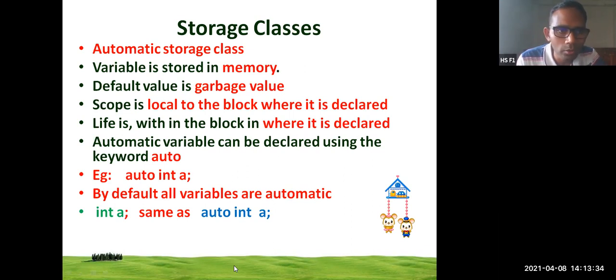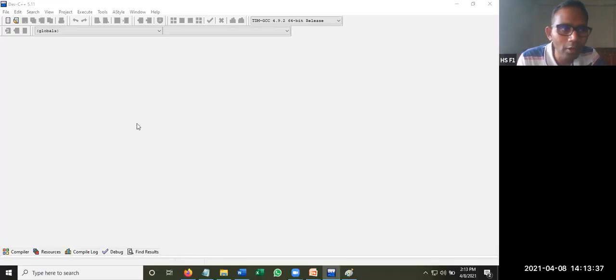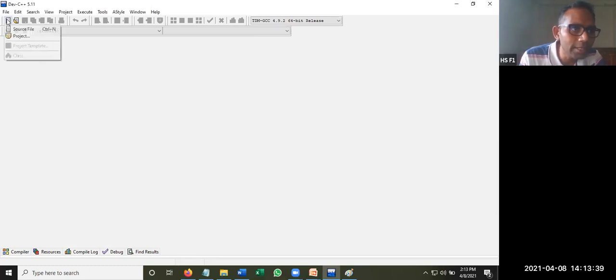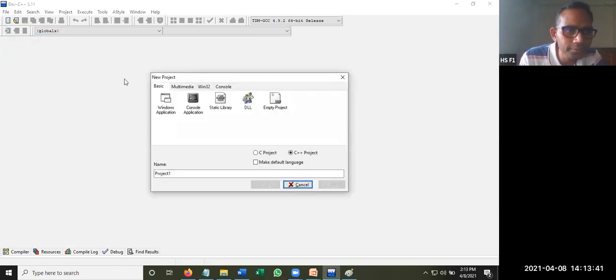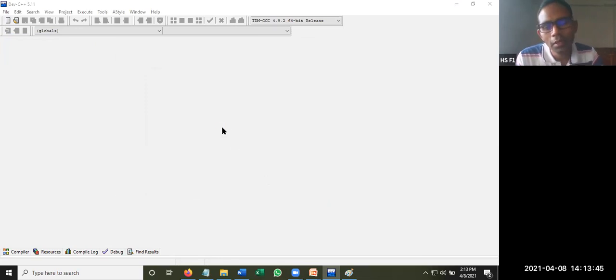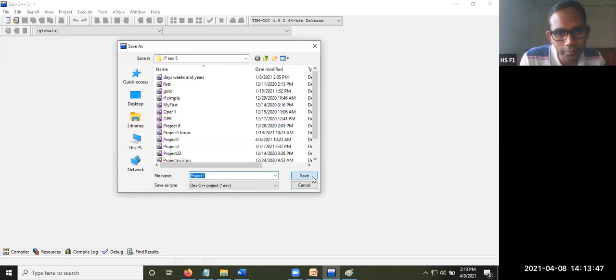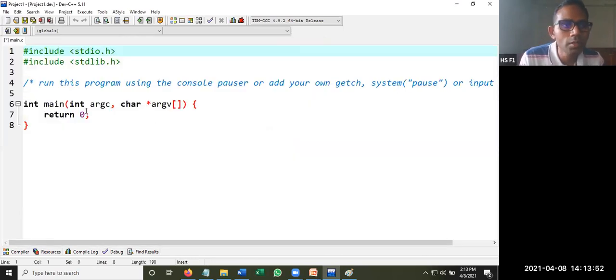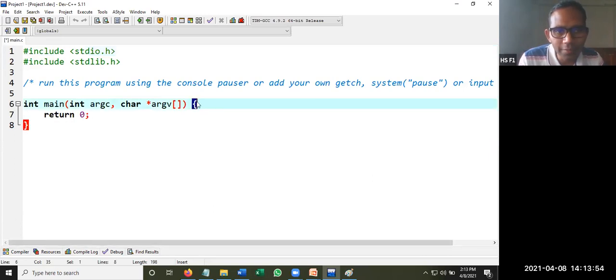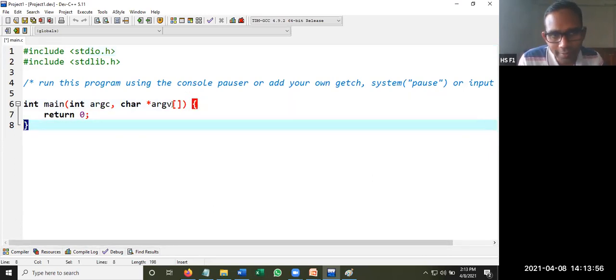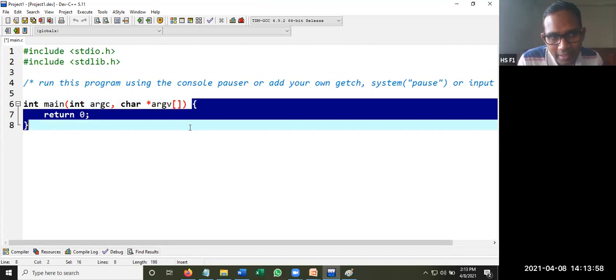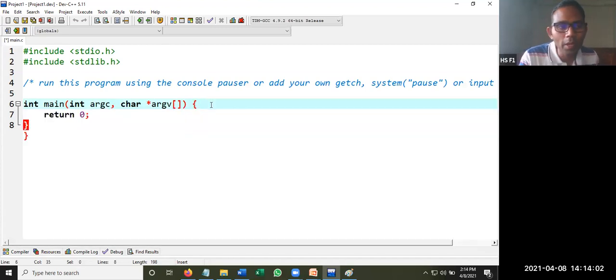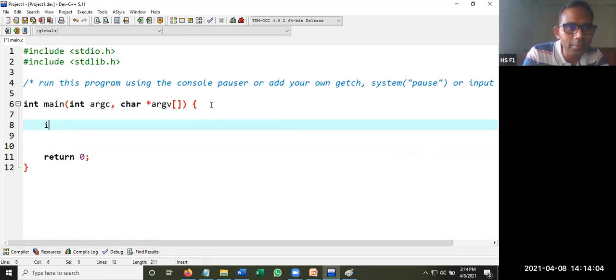Just I'll show you one example of block. I hope you can see the environment of Dev. So this is opening flower bracket and this is closing flower bracket. So this can be considered as a block. Maybe in the code you may be writing something like this.